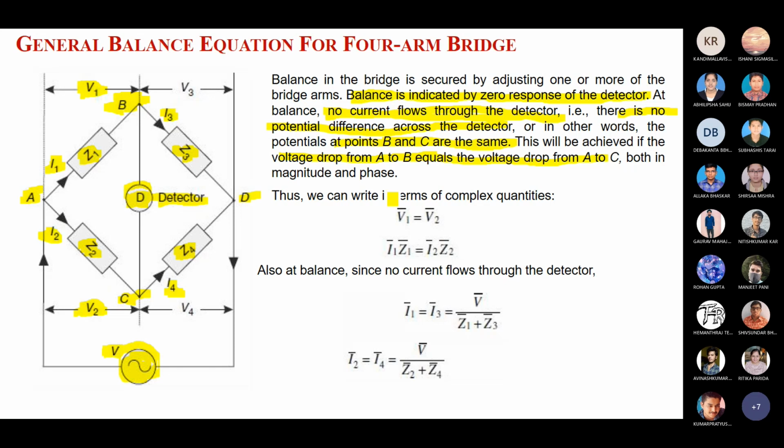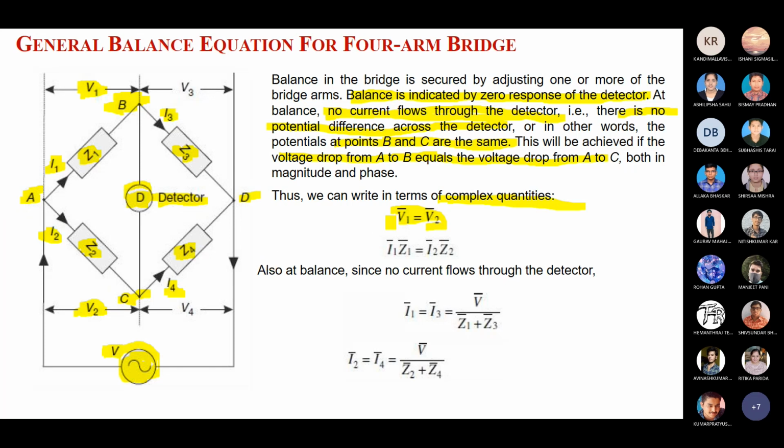You know that we can write it in such a manner with the bar sign, because basically we are considering the amplitude as well as the argument. The angle will also be there. But for our consideration, we can also write V1 equal to V2. You have to think that it's a complex quantity. Why complex? Basically these are AC quantities, meaning they contain the amplitude as well as the angle.